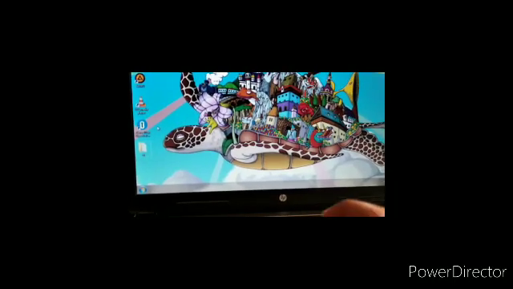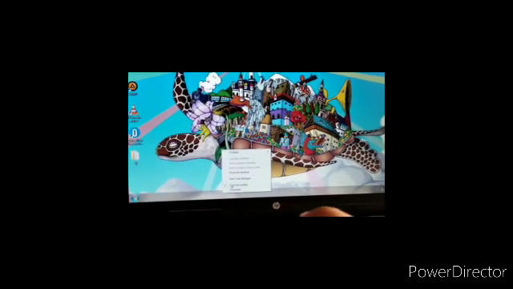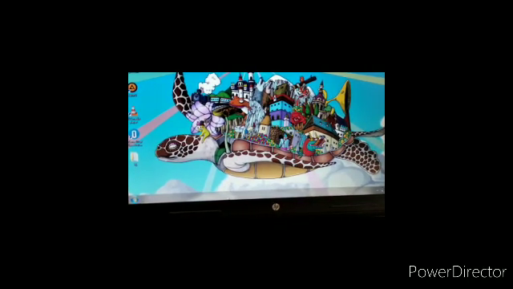You can see the taskbar is available between the start button and the date and time options. By right clicking the mouse over the taskbar, you can see lock the taskbar. If I am single clicking here, I can change the location of the start button from one side to another side. My start button has changed its location.